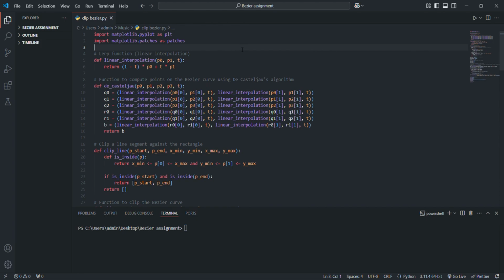I'll be tackling the assignment for Group 1, which is clipping a Bezier curve on a screen rectangle. As we start, I'm going to define the algorithm that we're going to use for clipping, which is the Castle-Jones algorithm,